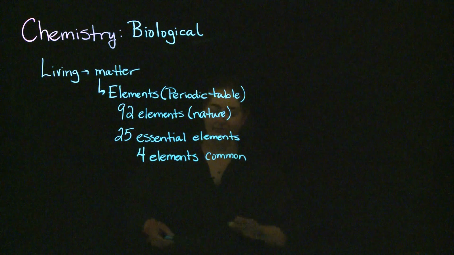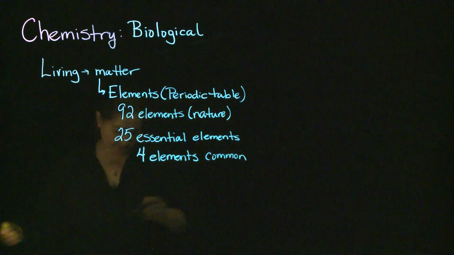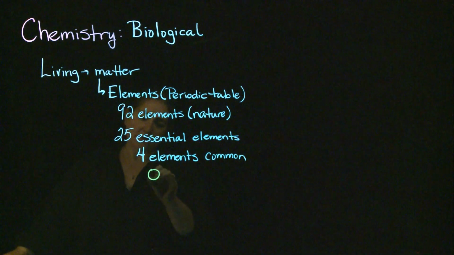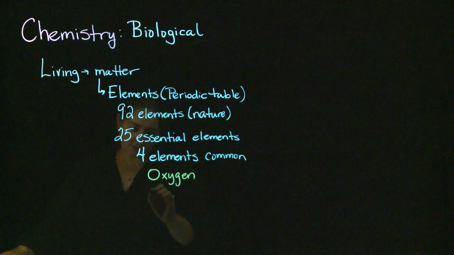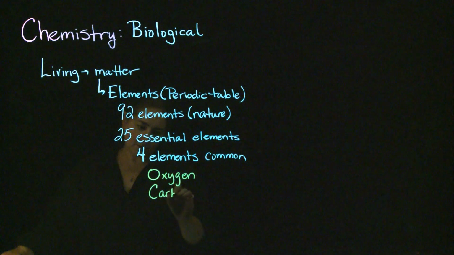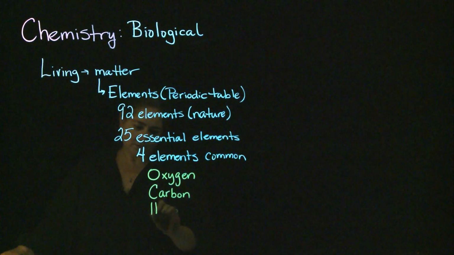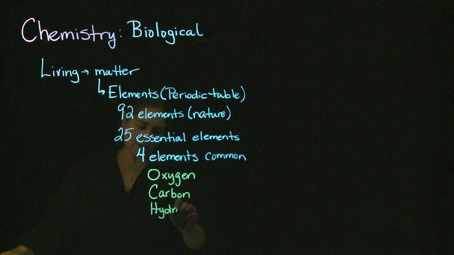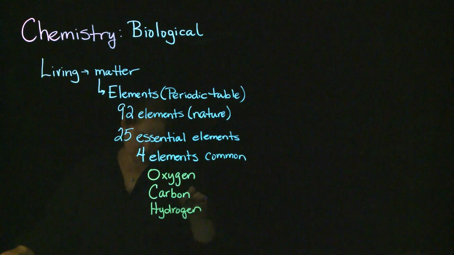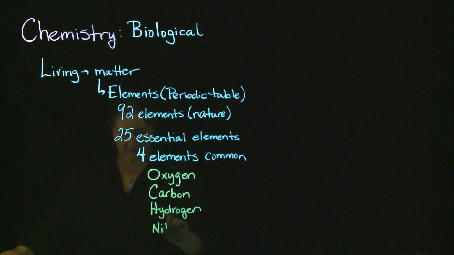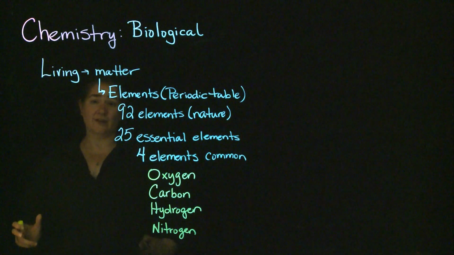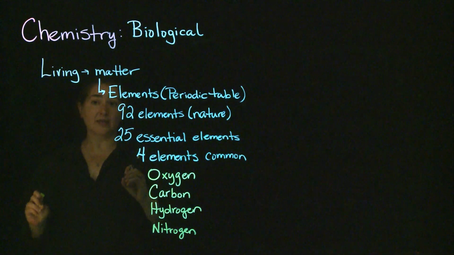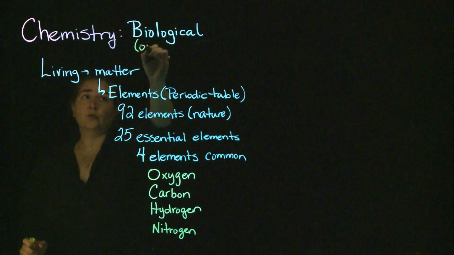And I'm going to change color here just because I like different colors, okay? Those 4 elements are going to be oxygen, carbon, hydrogen, and nitrogen. Okay, so really what we're talking about here in terms of biological chemistry, we're talking about